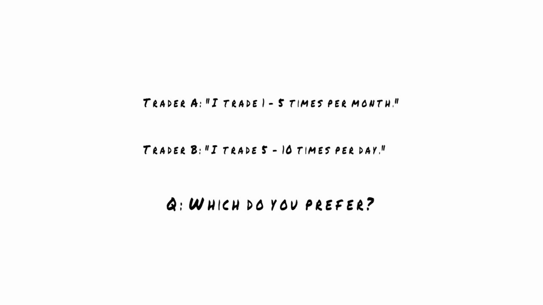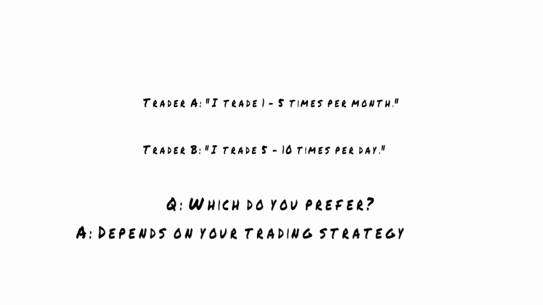There are traders who trade only 1 to 5 times per month, while some traders trade 5 to 10 times per day. Question here, which do you think is profitable? 5 seconds. The answer lies on the probability based on your trading strategy setup. If you have tested a great number of automatic trading robots, you have come to realize that some of these trading robots only trade like once or twice per month and yet is profiting. Why? High probability setting.